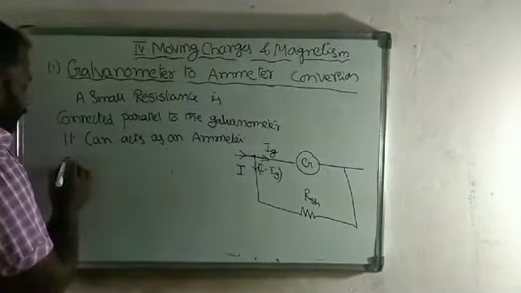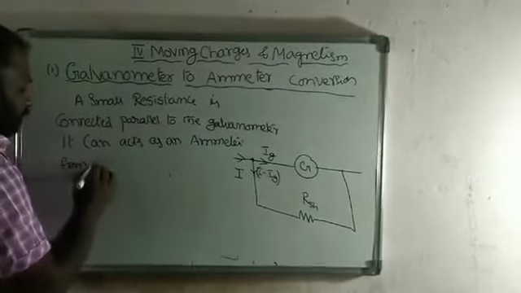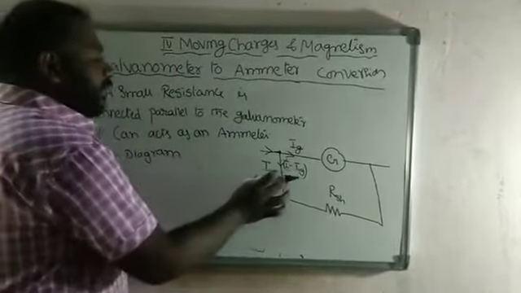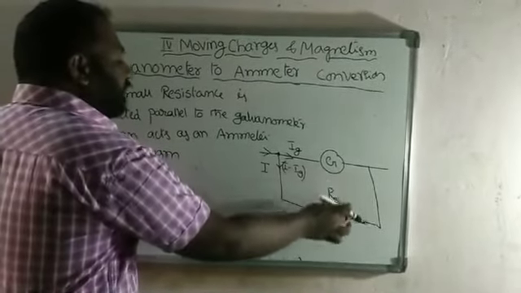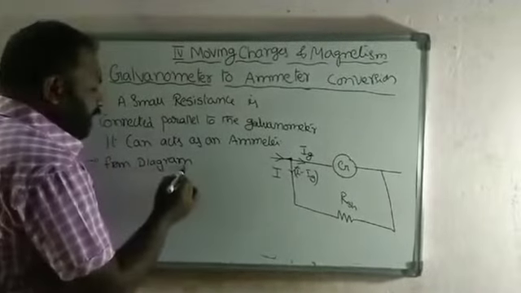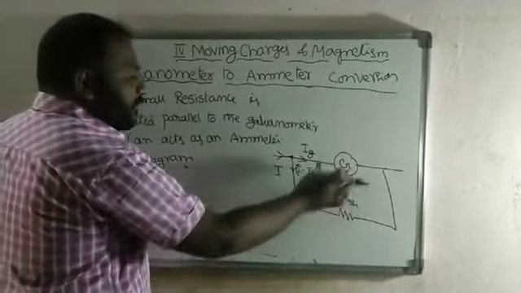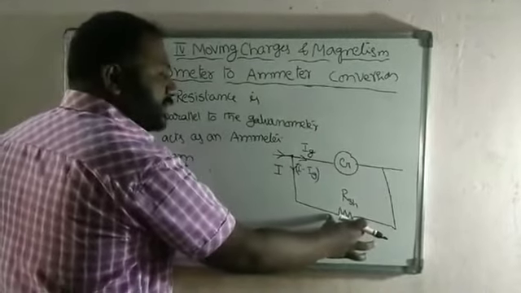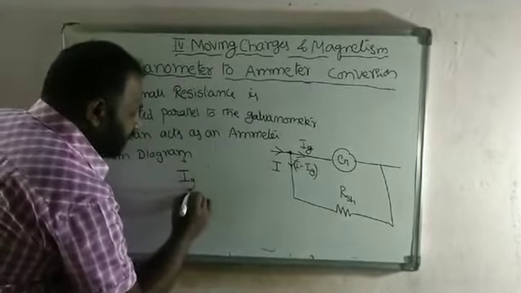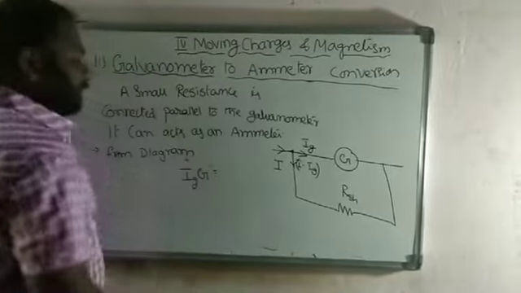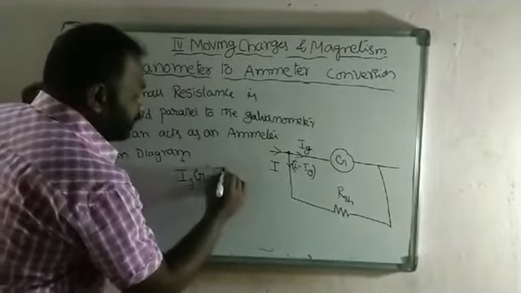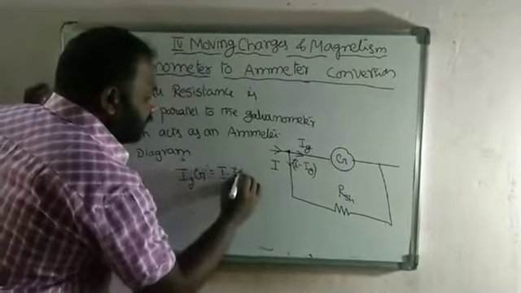From the diagram, we can write that the voltage across the galvanometer is equal to the voltage across the shunt. These two are in parallel, so the voltage across the galvanometer and the voltage across the shunt resistance are the same. So we write the voltage across the galvanometer as Ig into G, where G is the resistance of the galvanometer, which is equal to (I minus Ig) into